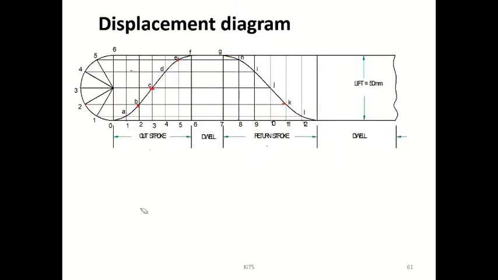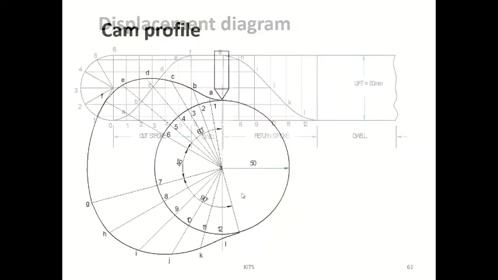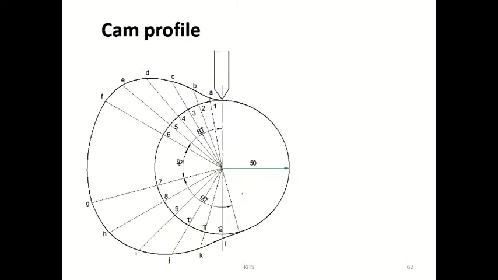Next we have to draw cam profile. I hope you remember the previous problem. Same thing we are going to repeat in the cam profile. The only different thing is the displacement diagram. In all the 4 methods, uniform motion, simple harmonic motion, uniform acceleration and deceleration, and cycloidal motion, this displacement diagram will vary. But the cam profile is the same. How you have drawn in the previous case, same here also.